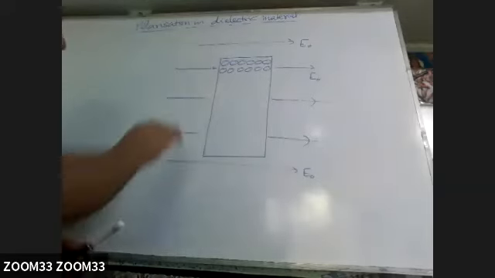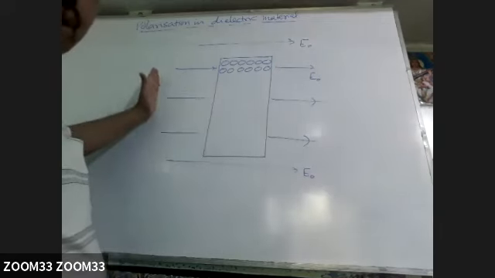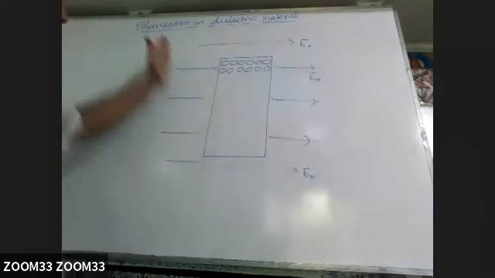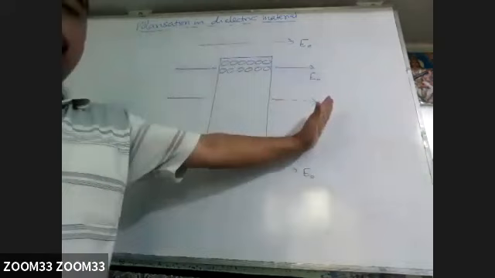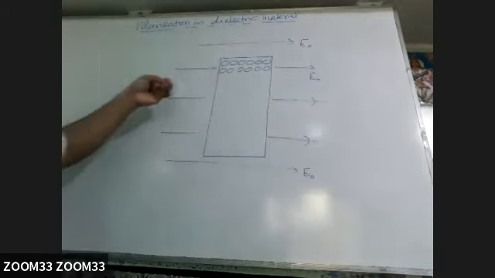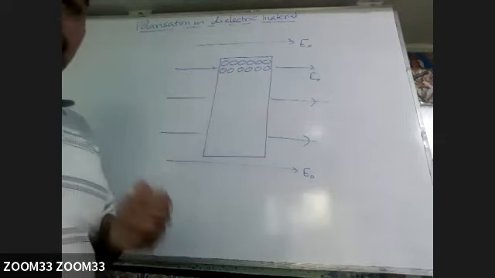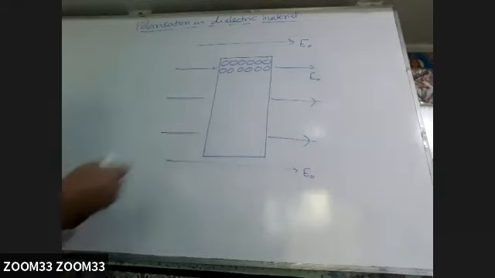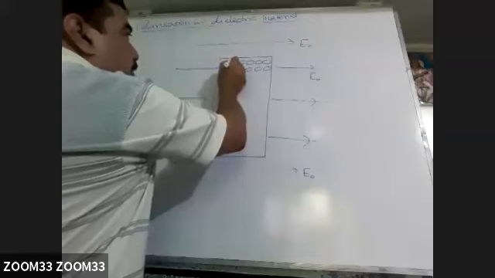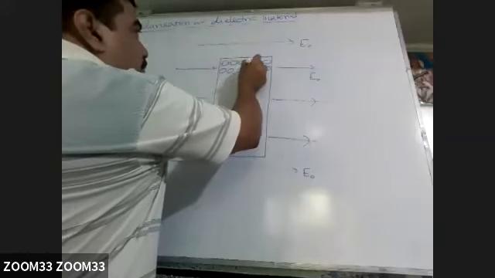So naturally, when it is in the electric field, suppose this side is the positive plate of the capacitor, this side the negative plate, or this is the positive plate of the source and this is the negative plate. So the electric field is this side. This positive plate will attract the negative charge of that particular polar molecule this side, and the positive charge will come this side. Similarly, here negative charge, positive charge, like this it will be.